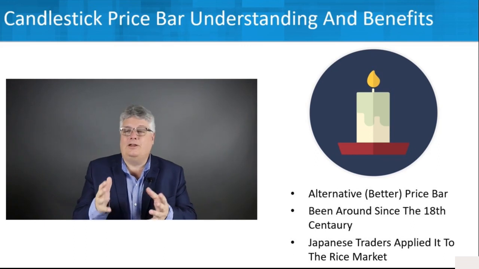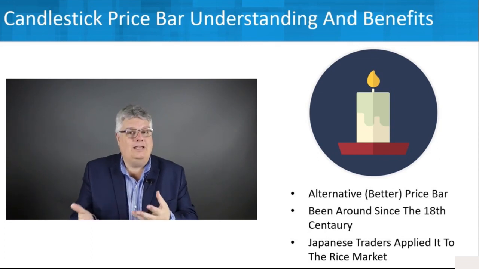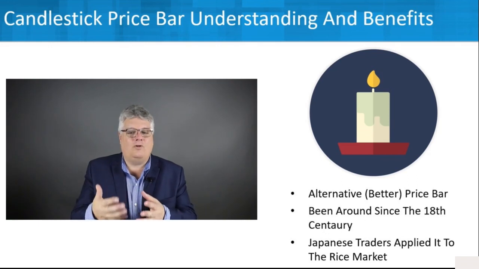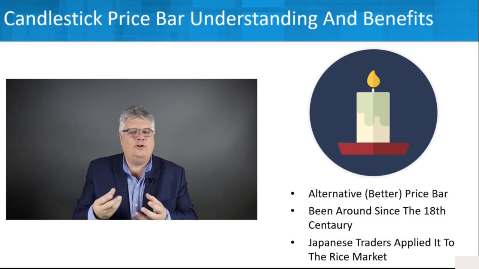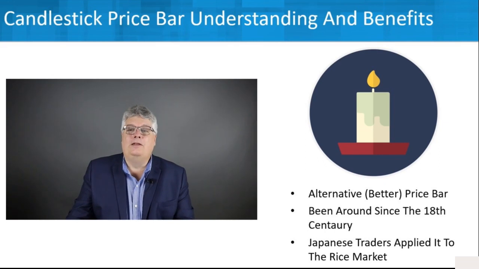about in this section. And they're a better alternative, and they've been around actually a long time, since like the 18th century. They're called Japanese candlesticks because they did originate in Japan, where traders were applying it to the rice market back in the 18th century. So this is not some new voodoo or anything like that. These are really well-established things that you can use by understanding the pricing, but also how these different price bars interact together, and looking for some candlestick patterns that we're going to learn about as well